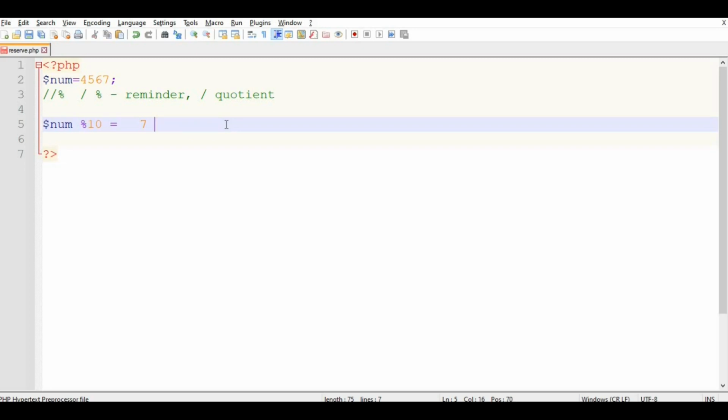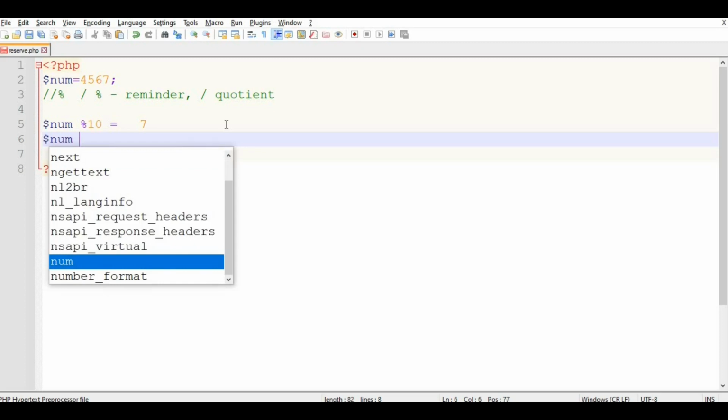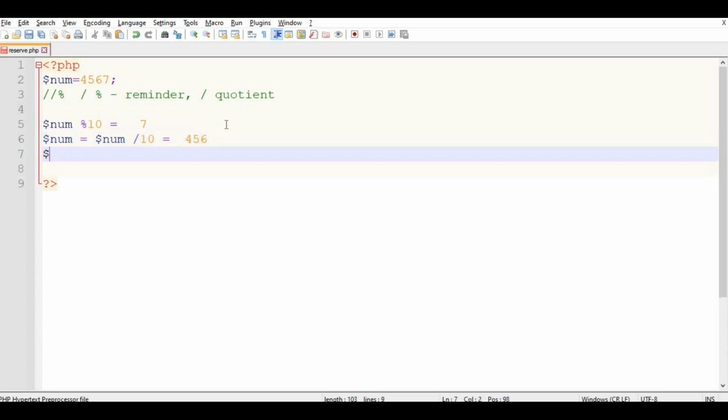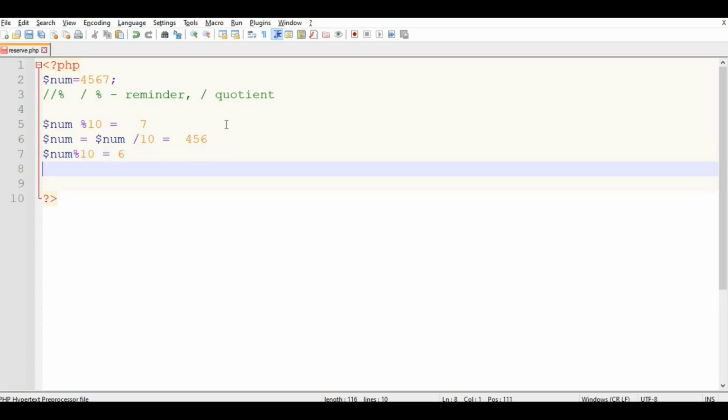So what we can do is use another operator, the divide. We divide $num by 10, and in this case we get the quotient, which will be 456. Again, if we take $num mod 10, we should get 6. Then for the next step, we divide again and need 45, then 4, and so on.